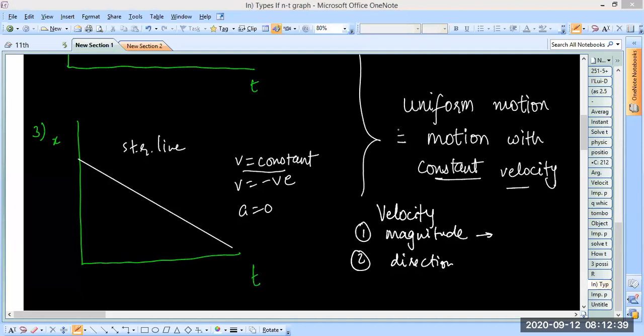That value in this case has a very nice name, and that name is speed, right? Magnitude of velocity is called speed. All right. So you see, whenever someone says constant velocity,